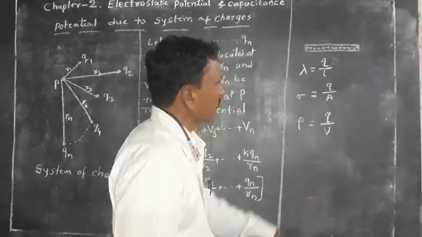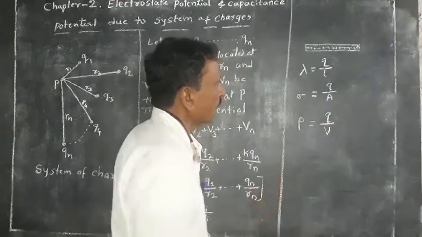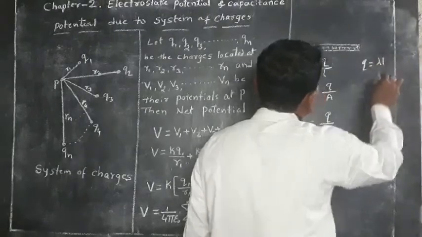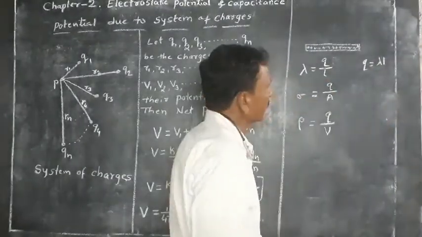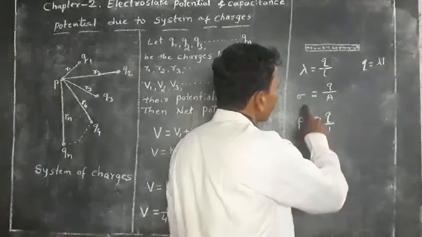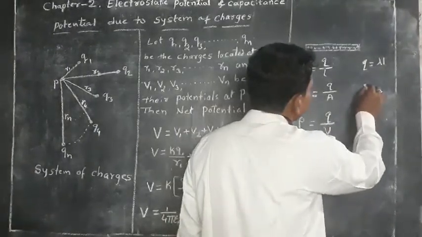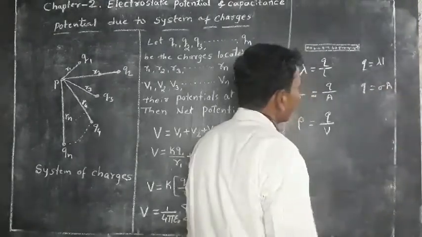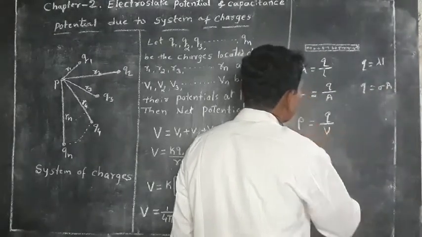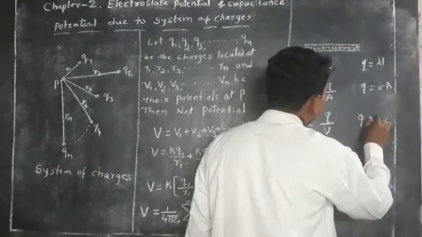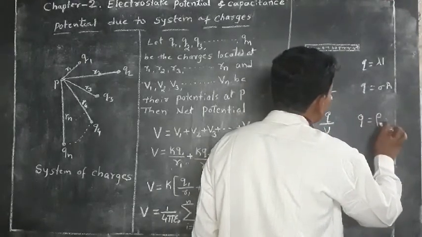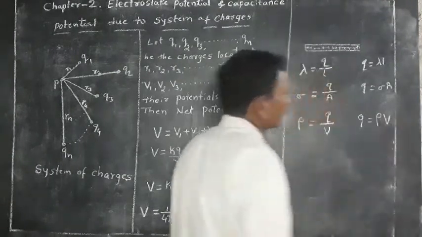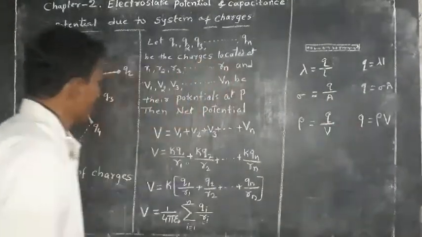Using these relations for continuous charge, charge Q is equal to lambda L for linear charge density, for surface charge density Q is equal to lambda into A, and for volume charge density, charge Q equal to density of charge into volume. Using these relations, we can obtain